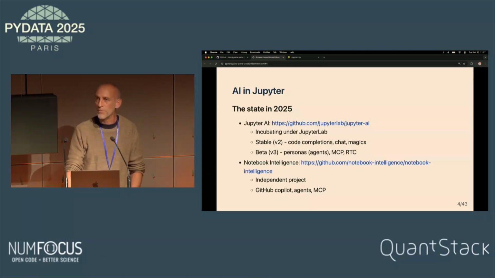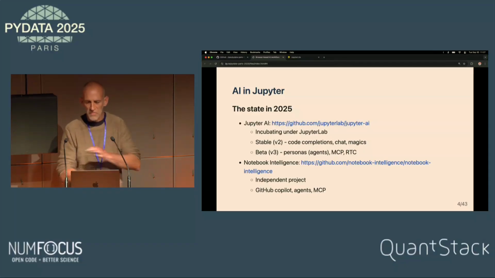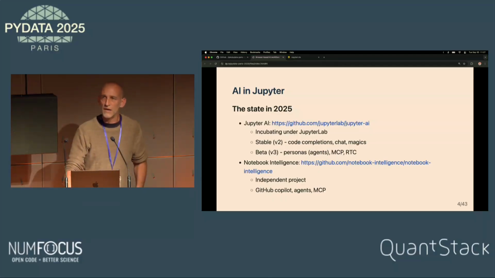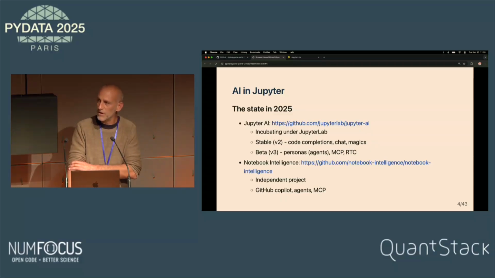And the development version, which should be out as a stable version maybe at the end of the year, also adds some agents. So the agent basically is an LLM with some tools that can interact with your environment, and can also communicate with MCP servers.